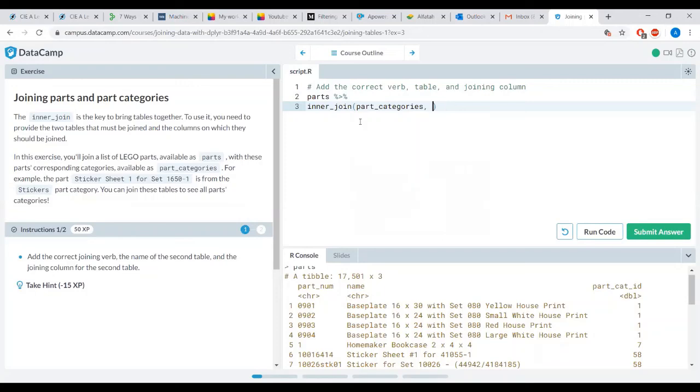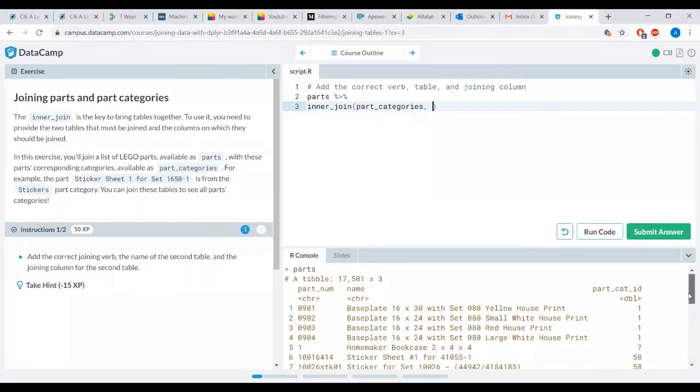Then I have to tell R how to join these, because R does not know that the description has only 64 values while here there are 17,500 rows, so how can you join the two? So you need to tell R that the part category ID that is in this first table